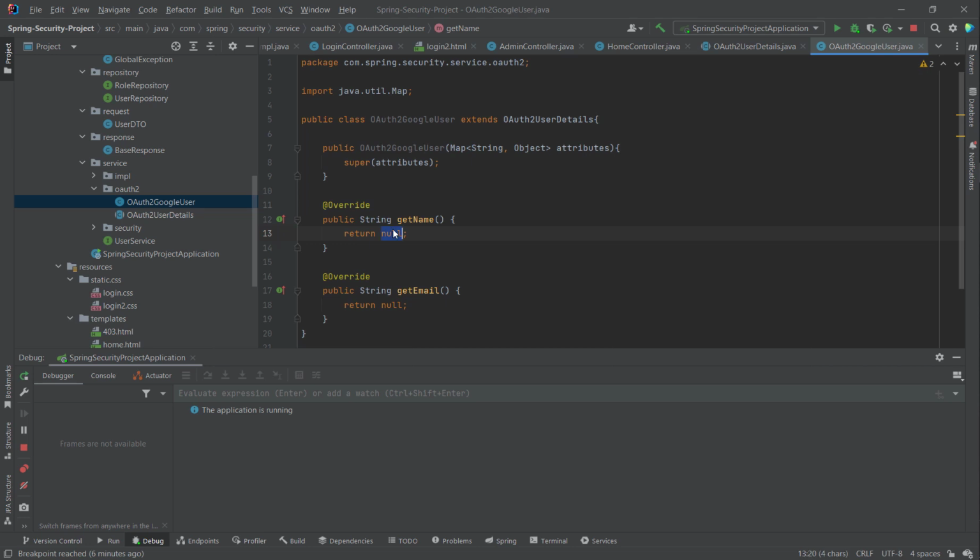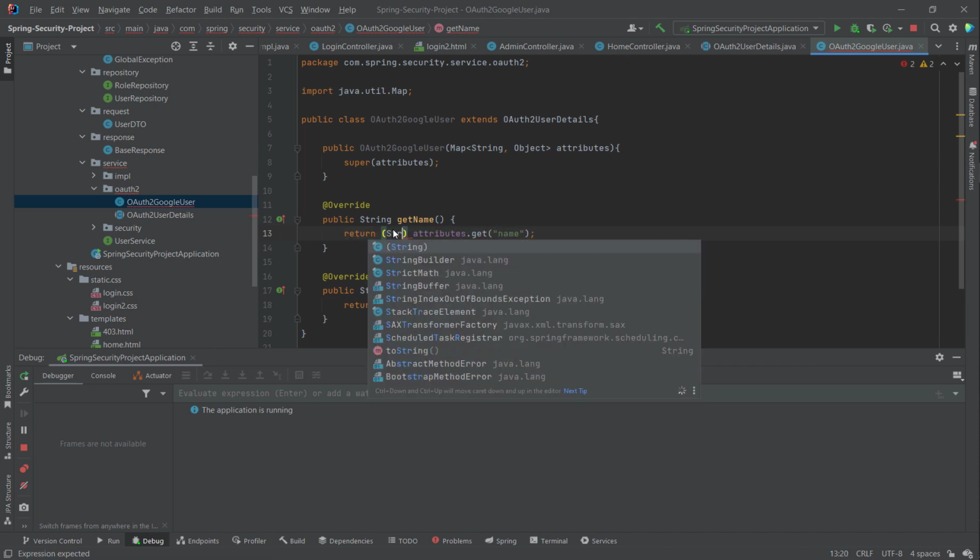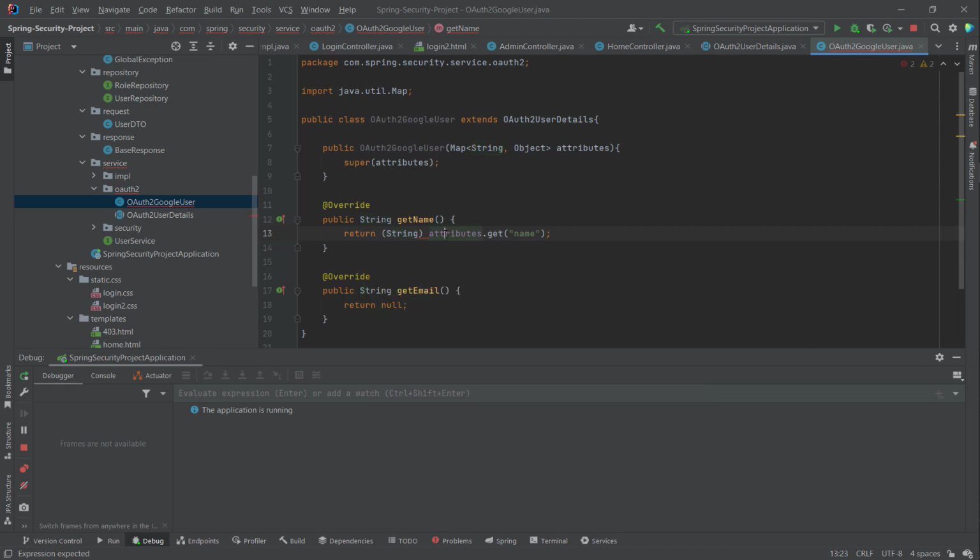And then to get this we will return the attribute get for the name. The key is name, and we must cast to string,